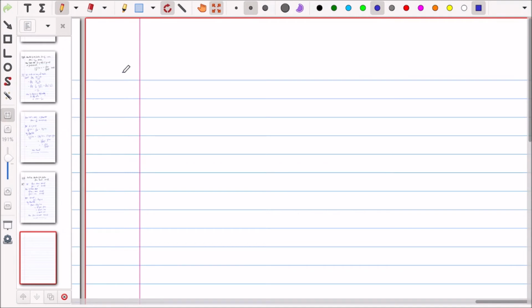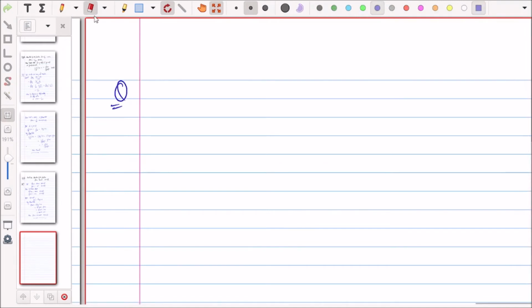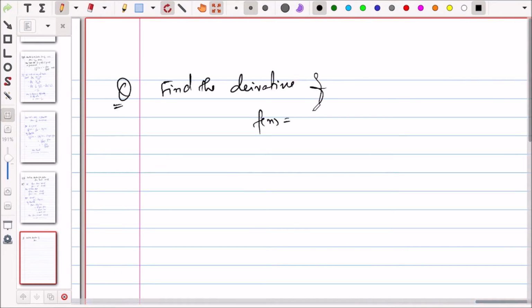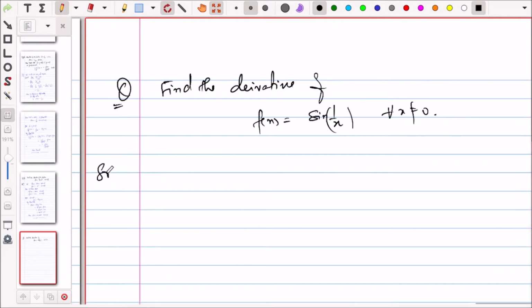ठीक है, क्वेश्चन: find the derivative of fx equal to sin 1 by x for x not equal to 0. ठीक है, because this function is not continuous at x equal to 0, right? So यहाँ पे क्या करेंगे, solution